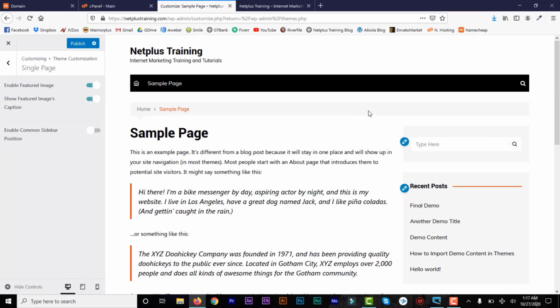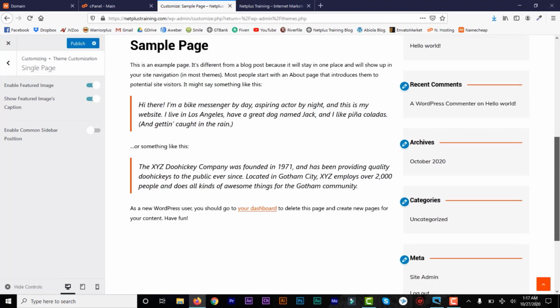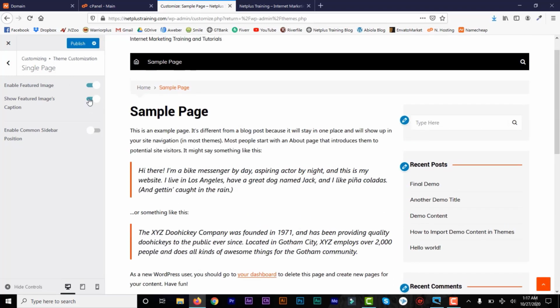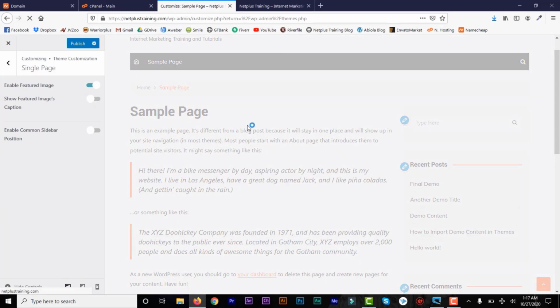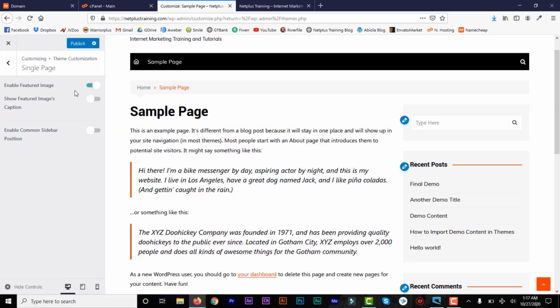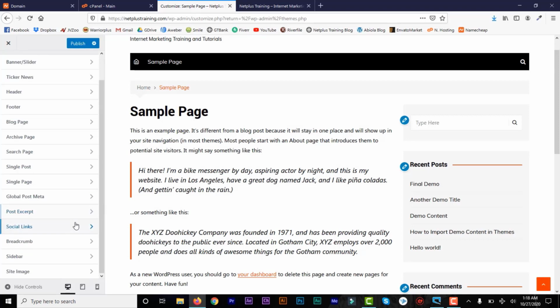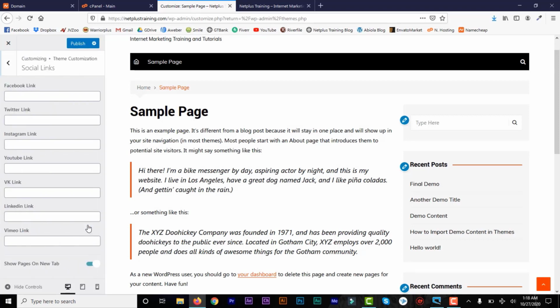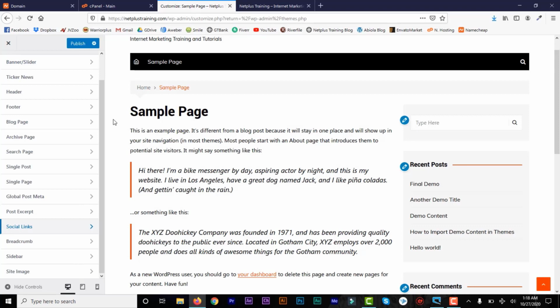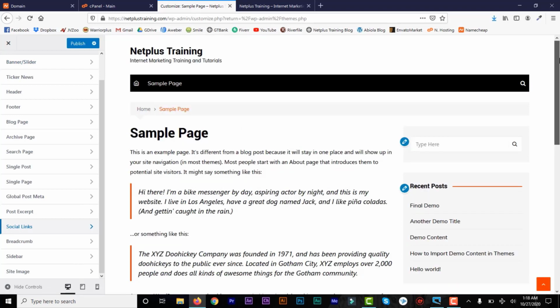When you have an image, you have an image caption, but right now we don't have an image. Enable feature image if we want to add feature image. So we'll just continue to style and style social links. We can add a Facebook URL, and so continue to style until we're done. So once we're done, we'll click on